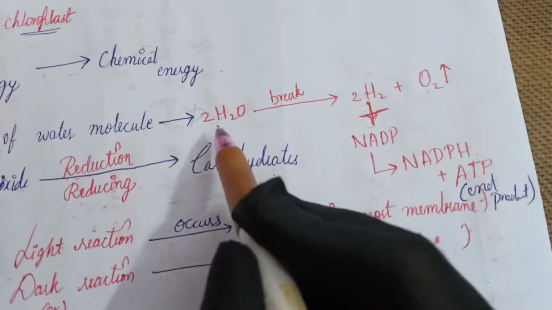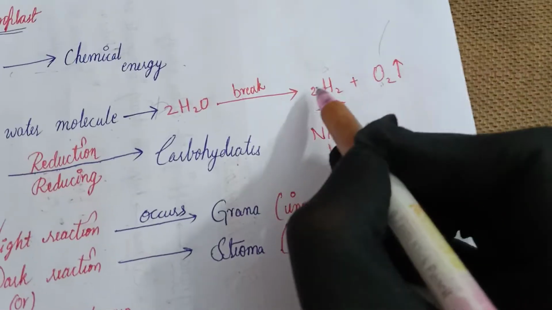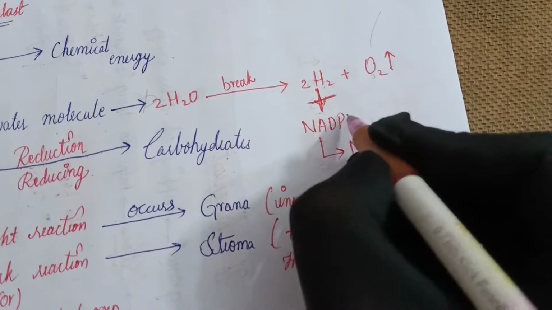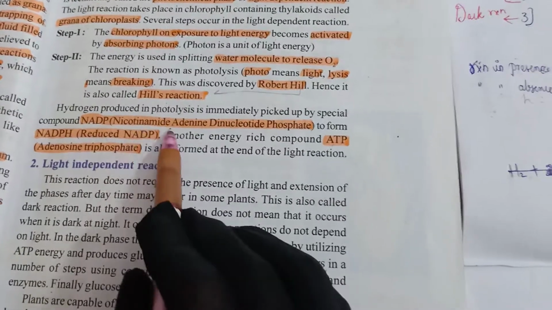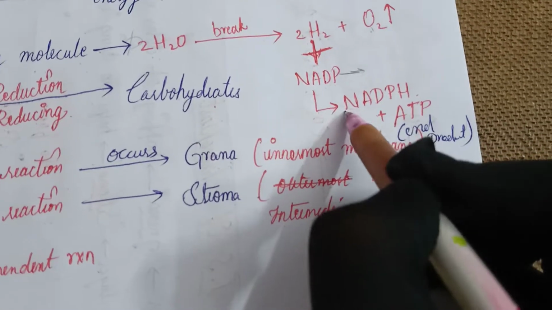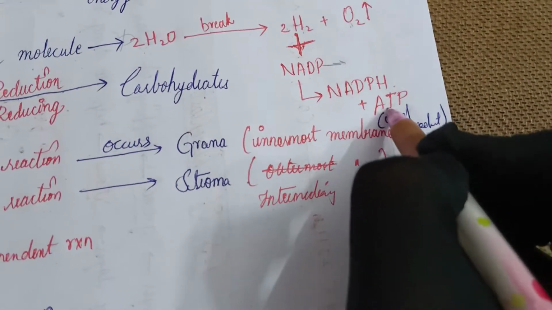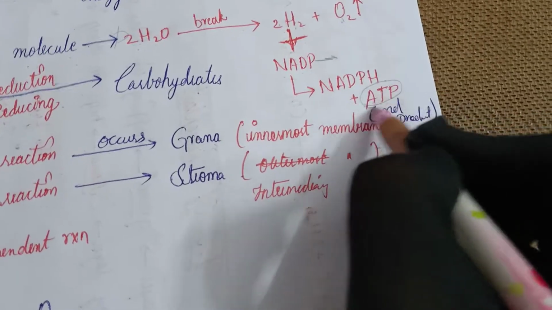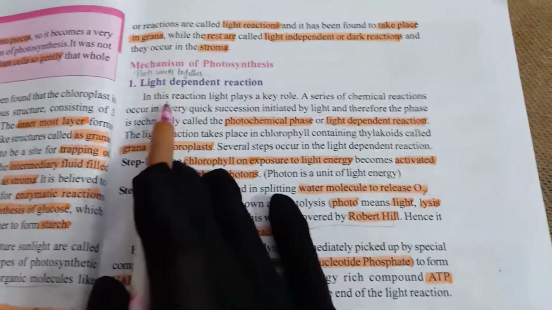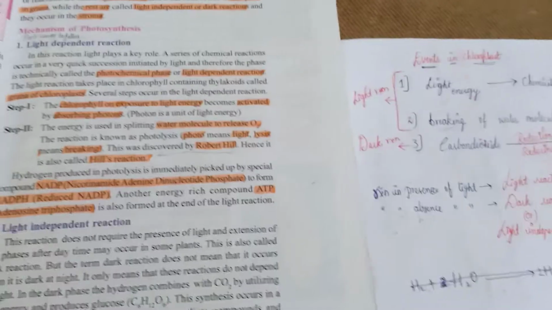So what happened? A water molecule breaks into pieces, and oxygen is released, and hydrogen is immediately caught by a special compound, that is NADP. Okay, what is NADP? As I said, nicotinamide adenine dinucleotide phosphate. So this H is caught by this compound and it produces NADPH. Okay, and it releases a compound, that is ATP. What is ATP? ATP is adenosine triphosphate, and it is our end product. So by this we have completed the light reaction, that is events 1 and 2, step 1 and 2. In the dark reaction, only step 3, we will discuss in our further classes.